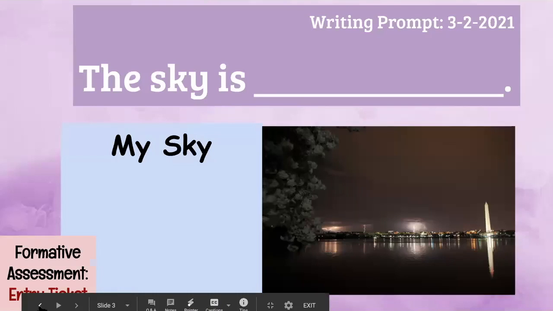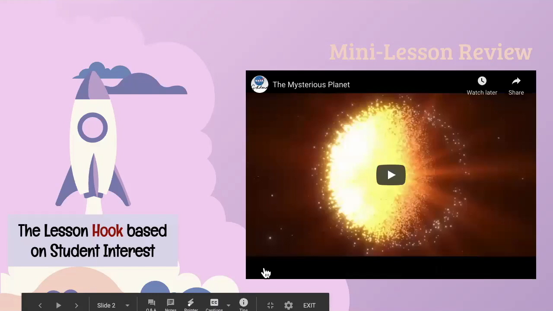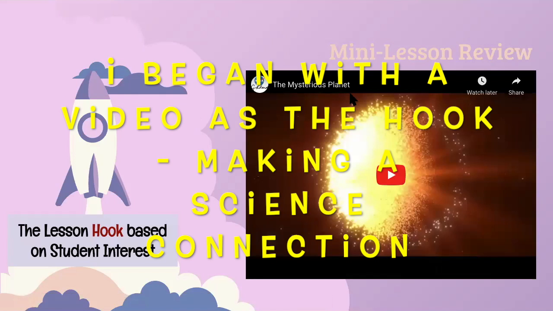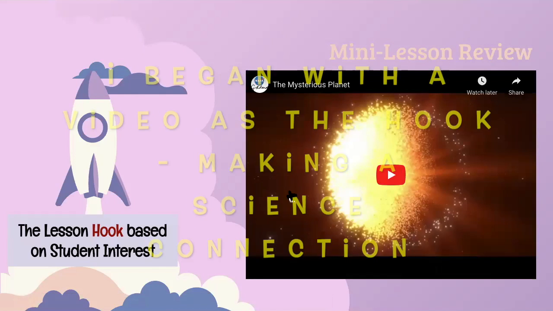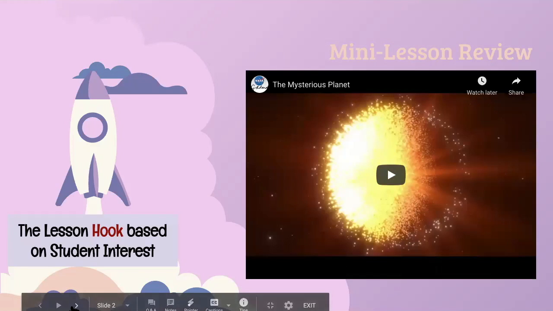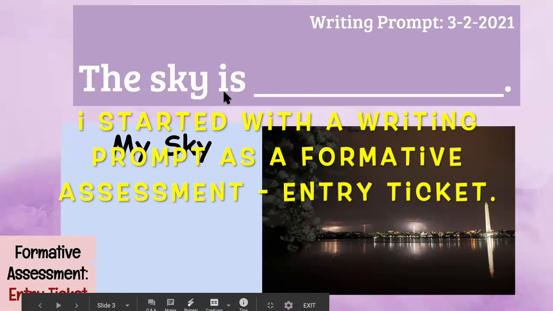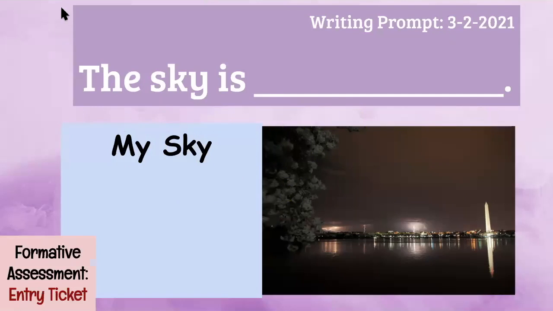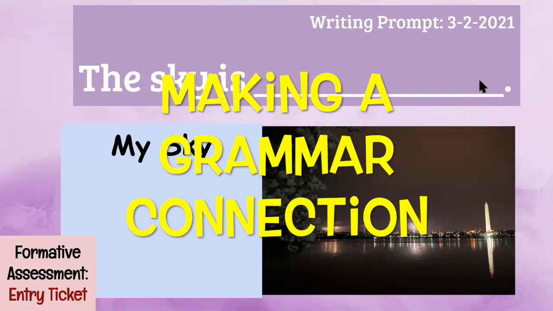We are going deeper into our lesson a little bit more. So I wanted to show you what the planet is, how it looks, and different ways to see the sky. So we're going to jump right into our lesson. I'm going to start you with the writing prompt. And your prompt says, can someone volunteer to read "The sky is"? Make sure to use those adjectives that we talked about.